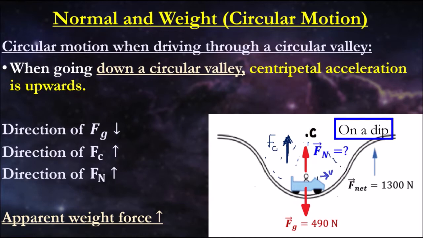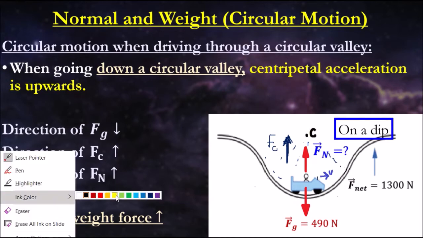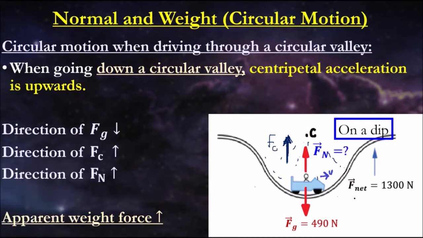So if we do the formula equations that we looked at before, net force is equal to gravitational force plus the normal force, and then we rearrange our formula around net force subtracted by normal force, you can see that the normal force in this case would be even larger than the